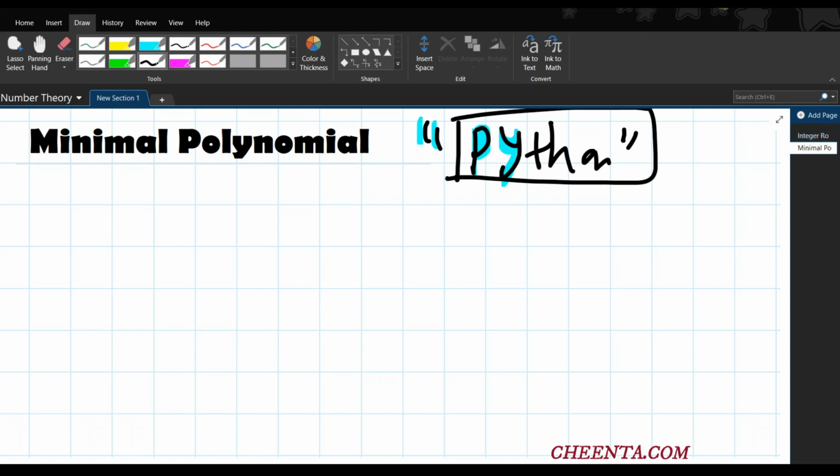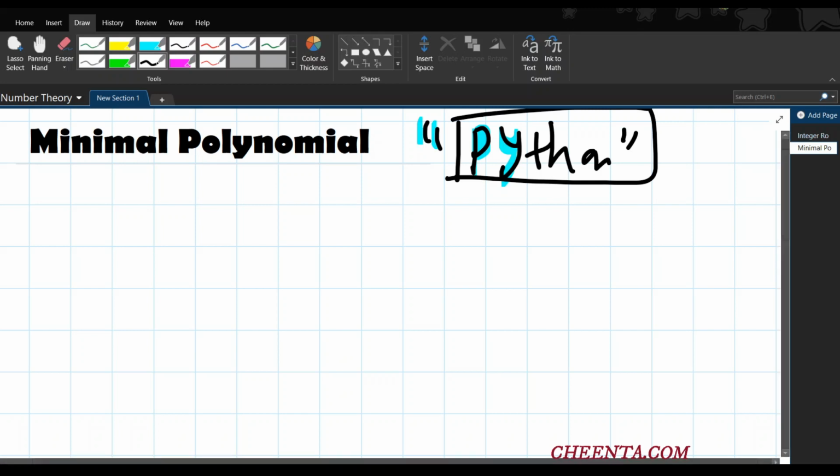So to do that, you need the idea of minimal polynomial. So what is a minimal polynomial? First let me write down the technical definition of this particular thing. The technical definition of minimal polynomial is something like this. So for any number,